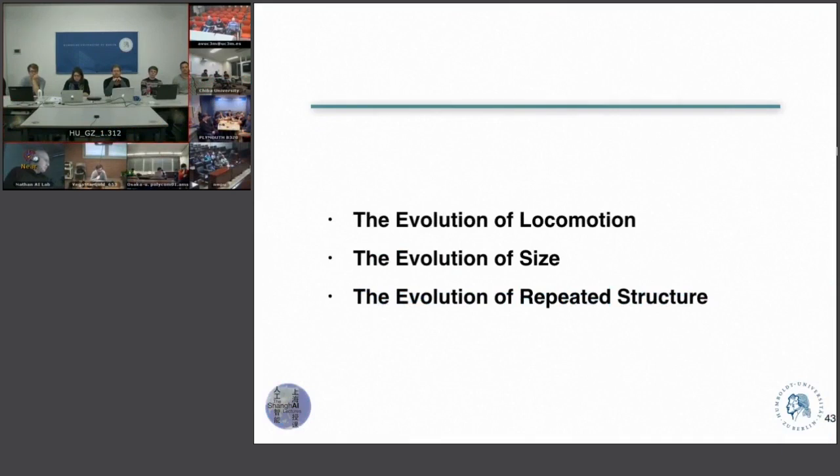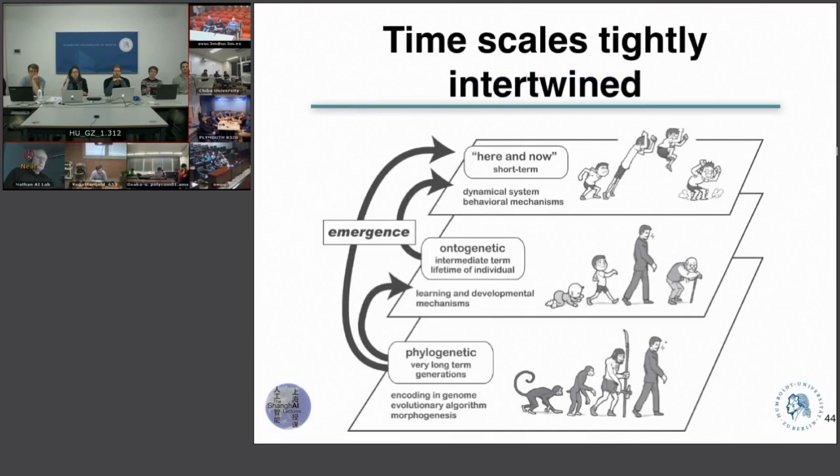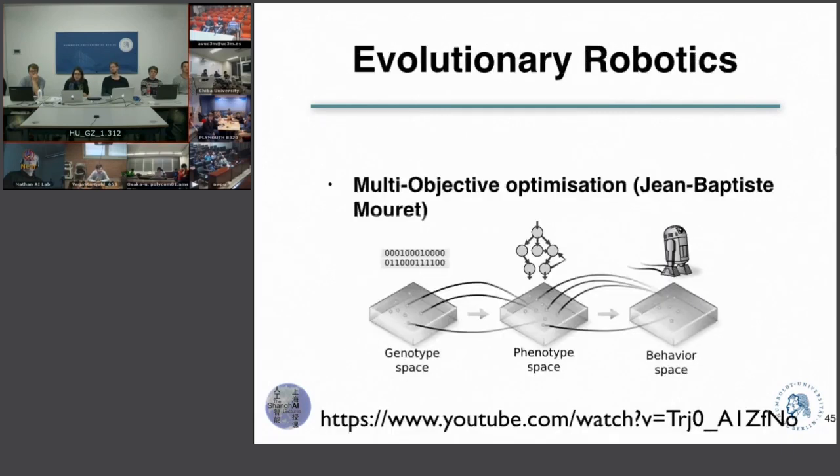And to mention at the end of the first lecture here that, of course, you can't really look at evolution separately, but all these time scales are really tightly intertwined, and maybe in recent years people looked at combinations of evolution and learning and how they influence each other. For example, there are recent works on multi-objective optimization. That's a sketch from Jean-Baptiste Mouret,